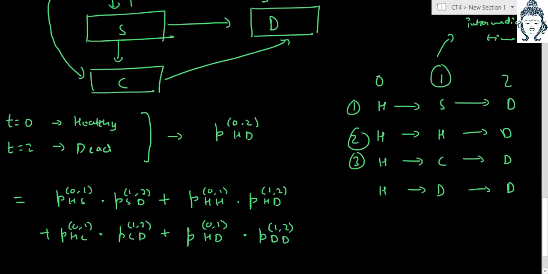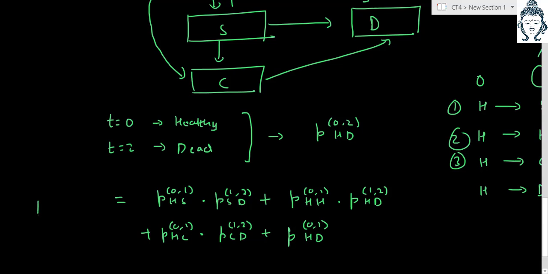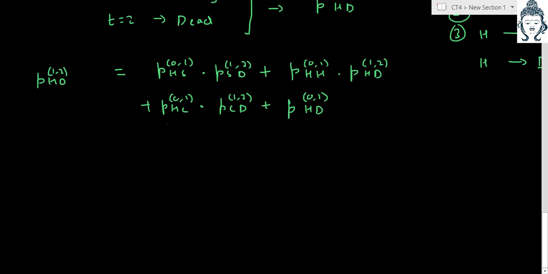Now this probability of staying dead from time 1 to time 2 is basically equal to 1, because it is a sure event. A person who is dead at time 1 will remain dead at time 2 as well. So I can write this as 1. I need not write it. So this multiplied by 1 is just this thing. So this is the probability that I wanted. If I want to go from healthy to dead state from time 0 to 2, I can go in all these ways, and all these possible outcomes are added. So this equation that I've written for this probability is referred to as the